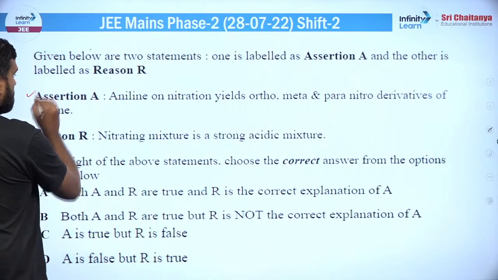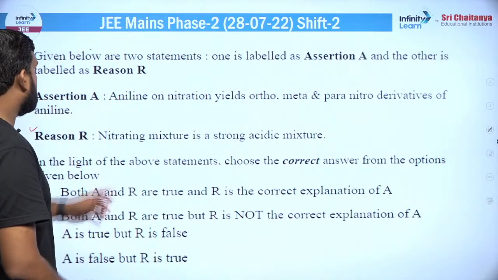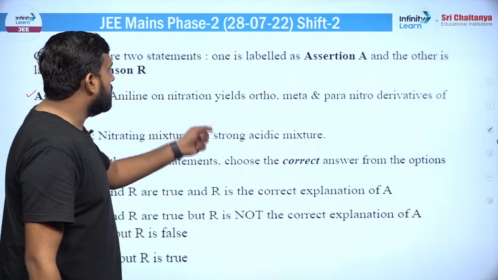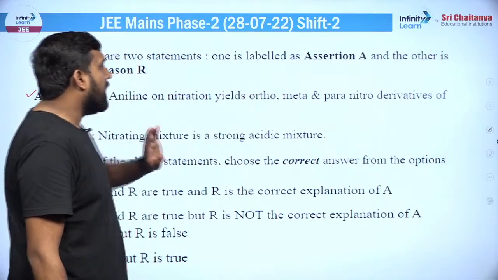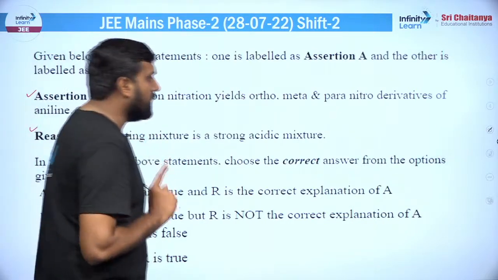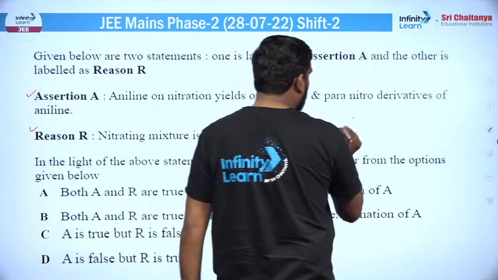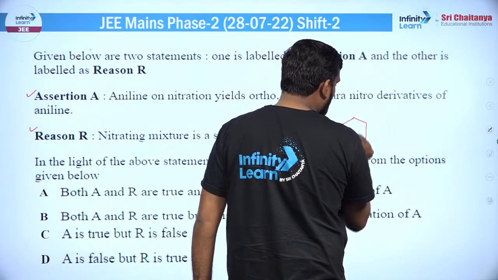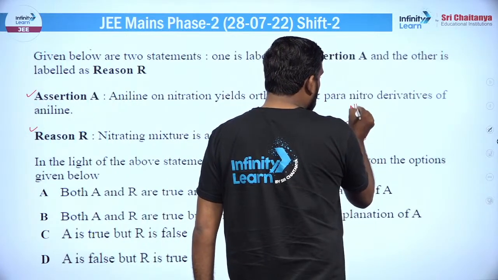गोइंग टू द नेक्स्ट क्वेश्चन, एक असेसन है और एक रीजन है, देखते हैं। असेसन कह रहा है कि एनिलीन ऑन नाइट्रेशन इल्ड्स ऑर्थो मेटा एंड पैरा नाइट्रो डेरिवेटिव ऑफ एनिलीन, बिल्कुल सही है। मैं बताता हूं इस क्वेश्चन की बहुत प्यारा सा रीजन भी है, ठीक है, अभी आपको समझ में आएगा।